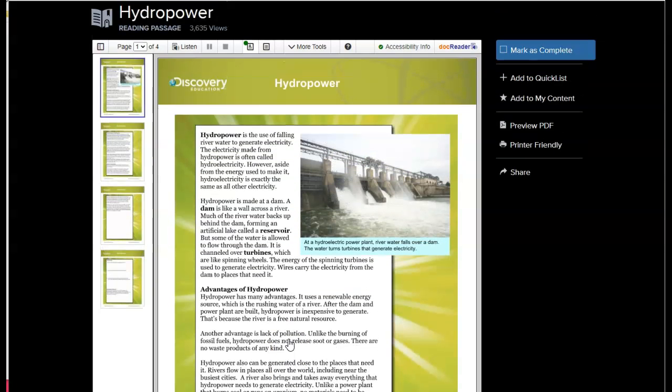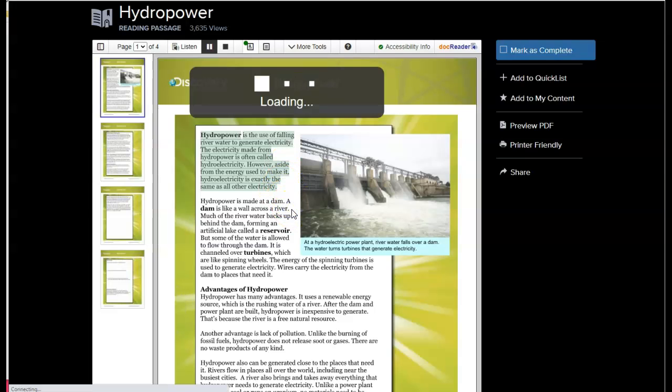Now, another trick I want to show you is that this article has a read aloud feature to it. And so what you can do, if you go up here to this right-hand corner, you'll see it says Doc Reader. Okay? If you highlight, let's say you just want to have this first paragraph read. You can highlight it and then hit listen. And we'll